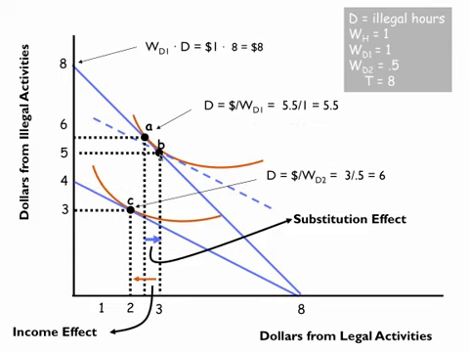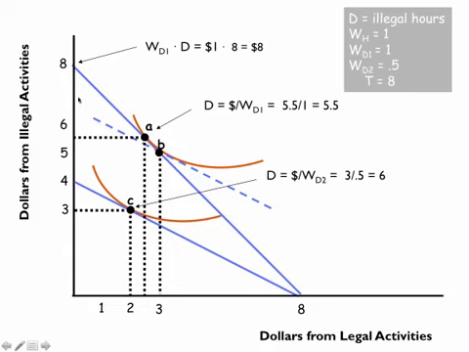So let me go back here. The story goes, this person is right here. Now the wage he gets from illegal activity is lower, so he's going to be back here, and we give the income back to get the income effect out, and the difference between A and B is the substitution effect. So this person is going to consume more of legal activities because legal activities have become relatively cheaper. He's going to take some of the time he was spending on illegal activities and substitute away to legal activities.